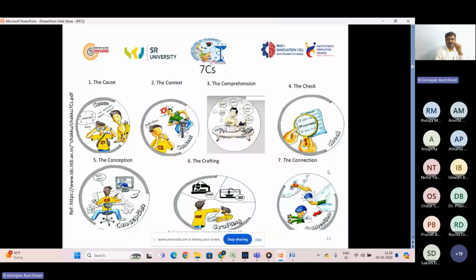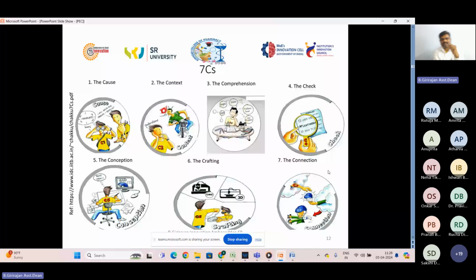Next is the context: when we focus on some point of the product design, we have some context, making it very focused. So we can select one particular community or particular society where you are going to serve by the product design.